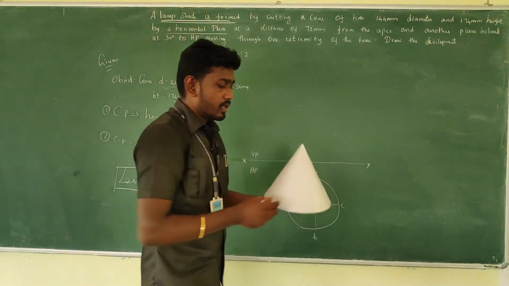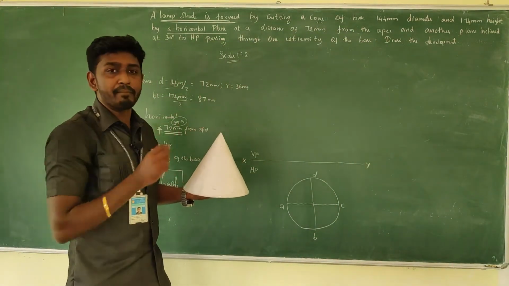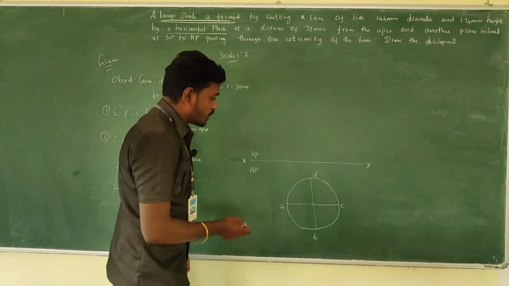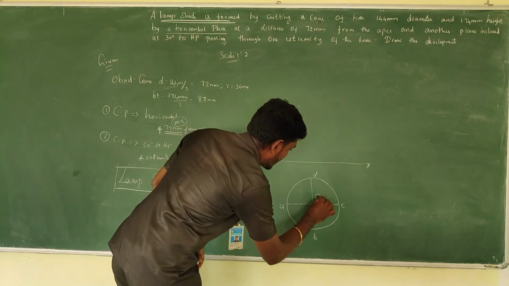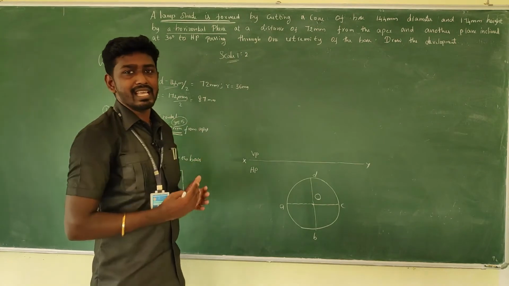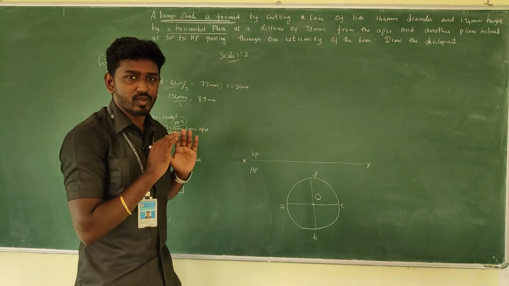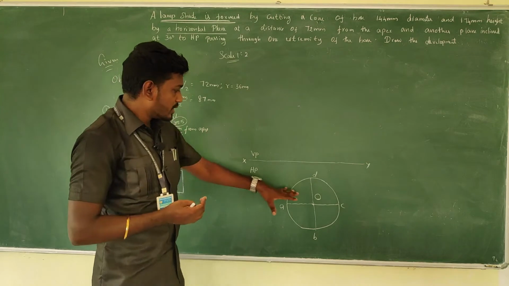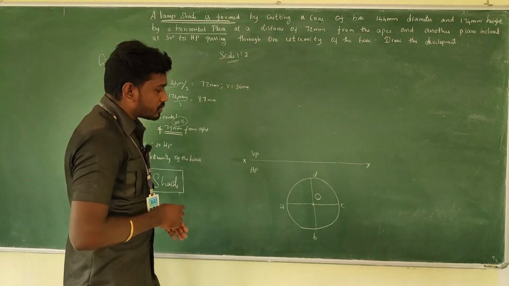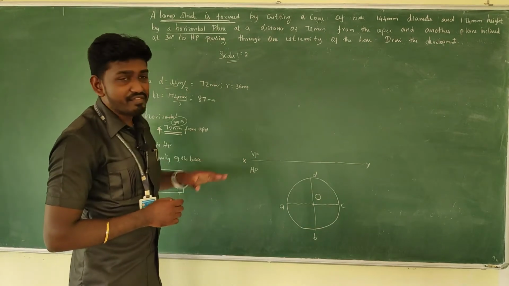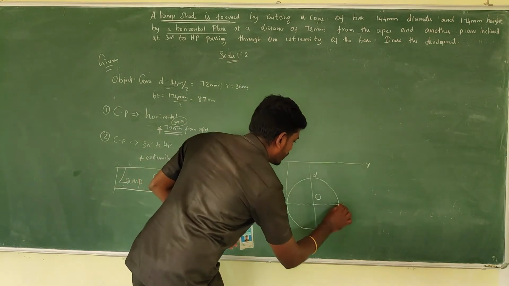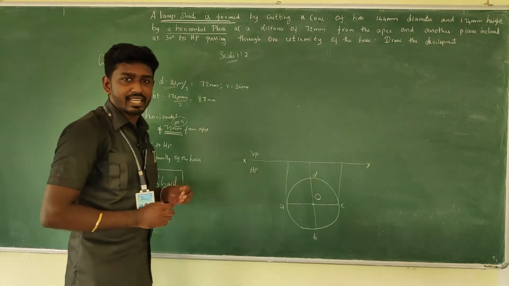It's a cone, so it has a base and an apex or vertex. This is the apex or vertex. I am going to note the apex as O. There are no edges, only the circumference or generators. It's covered with a generator surface, so there are no edges. Okay, fine. Then go to the top view, then go to the front view. For that, take the projector from each and every point which we have taken on the circumference of the circle.